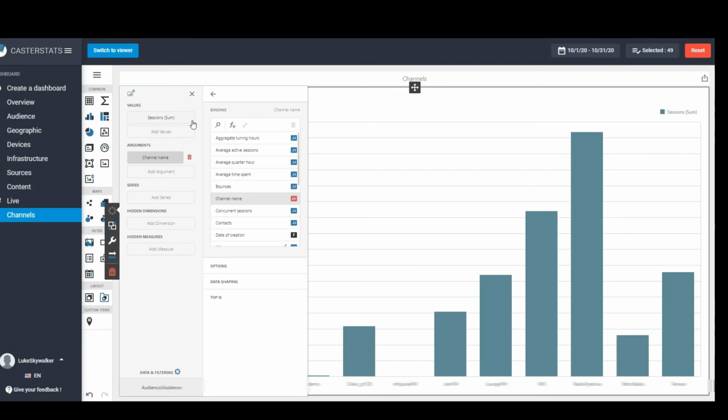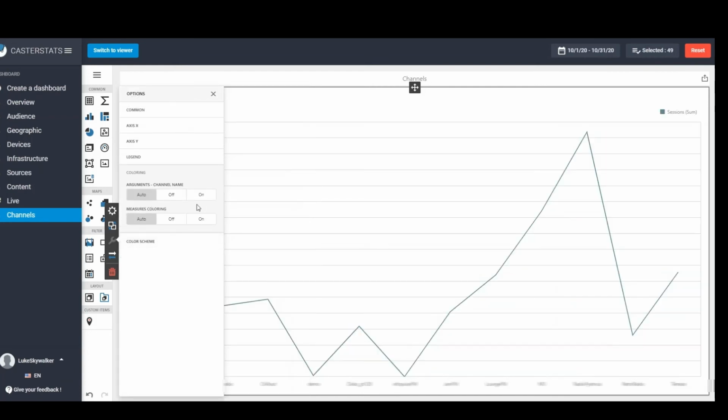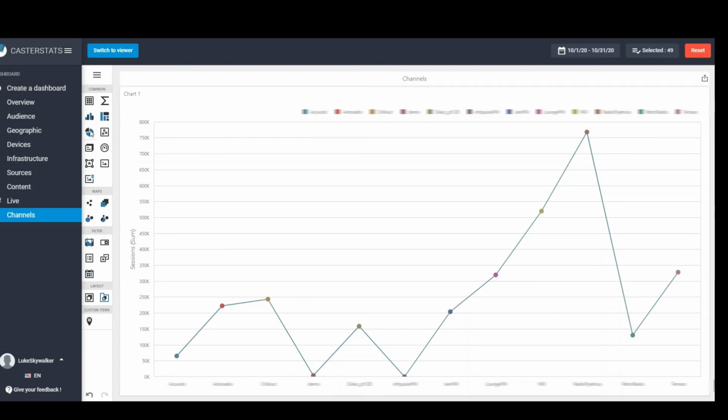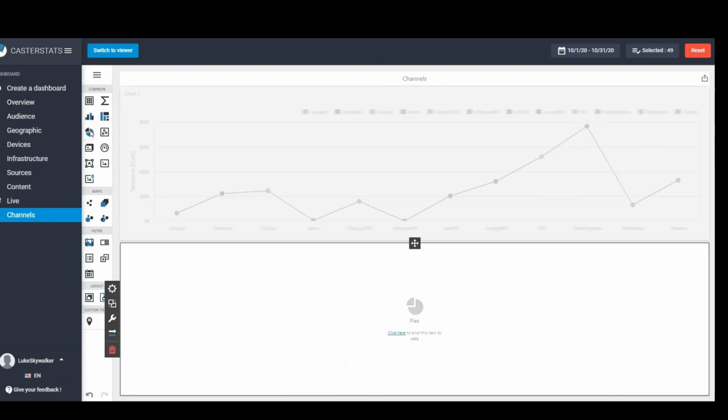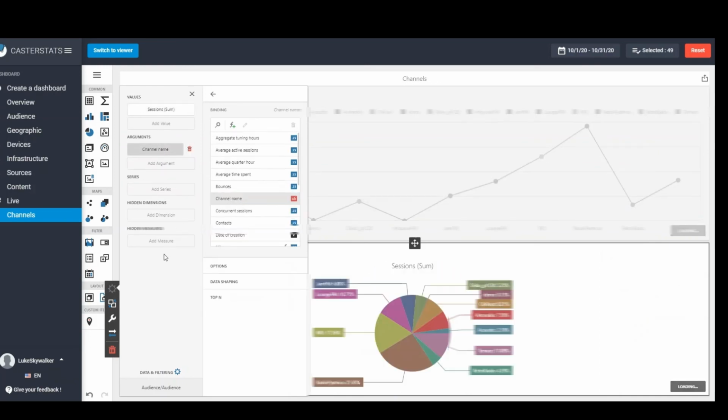Once that's done, I'm going to choose a graph that I like, and I'm going to decide to add some visibility to it by adding some color. And here is our first visual that's done. Now I want to put a graph that reads quickly and that will allow me to see which radio is more listened to than others at first glance. I'm going to choose a suitable graph and add the same values and argument as our first dashboard, and everything